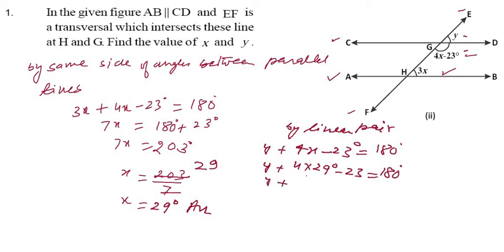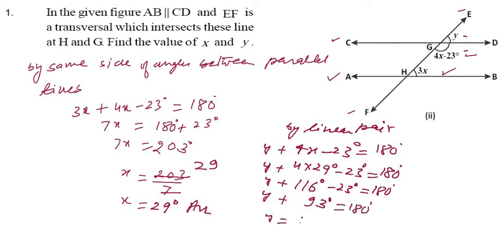Now y plus, first of all multiply this, 4 9s are 36. So 6 here, and the 4 to the 8 and 3, that is 11, and minus 23 degrees will be equal to 180 degrees. Now subtract this: y plus 6 minus 3, that is 3, and here is 11 minus 2, that is 9. It is 93, and that will be equal to 180 degrees.